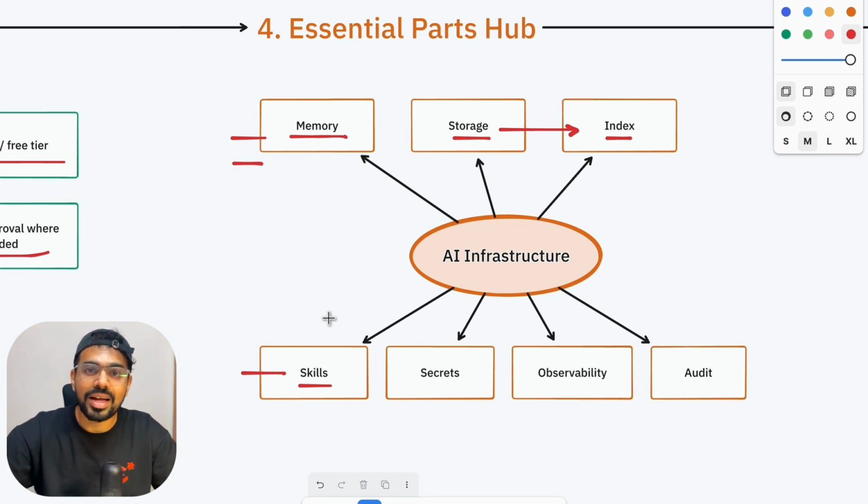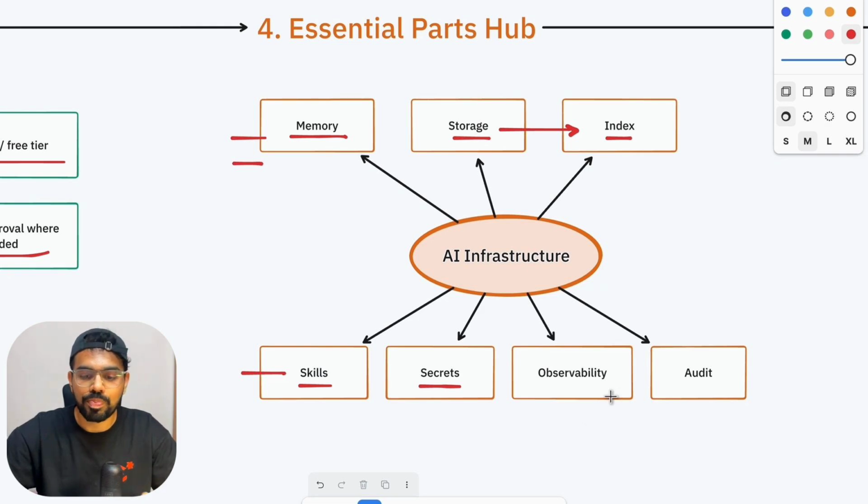So they can create new skills on top of the existing skill files. The fifth component is secrets. These are things like API keys and sensitive environment variables that you cannot share with everyone, but which are still required for some of these skills and subsystems to run. We will be discussing the ideal way of doing this if you want to do it